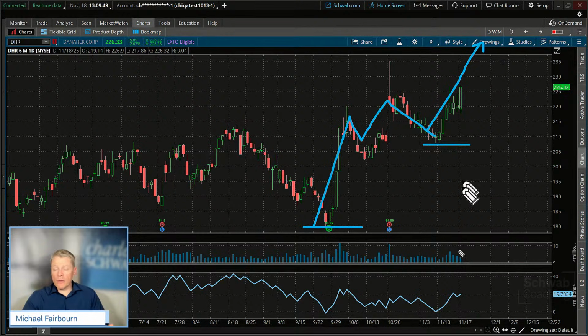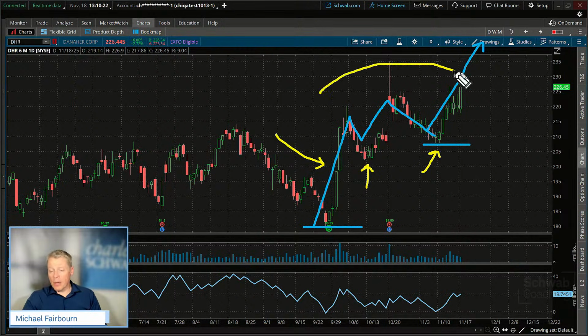Now, some of you that are familiar with Elliott wave analysis, I've done Elliott wave for years. You might recognize this as a one move and then an ABC followed through by a possible 3 move, which can be the largest move of the pattern itself. It's funny because it does kind of develop with a flag pattern. Ultimately, you can look at it that way, or you can look at it just simply as a price pattern, but I mentioned the Elliott wave because I'm not measuring it off this low. I'm measuring it off this low for that very reason. And there's the possibility of a follow through.